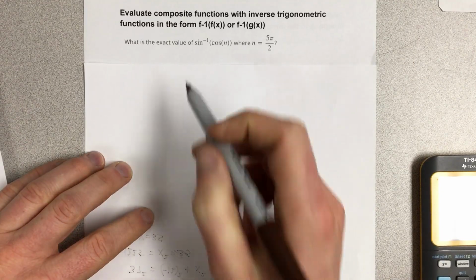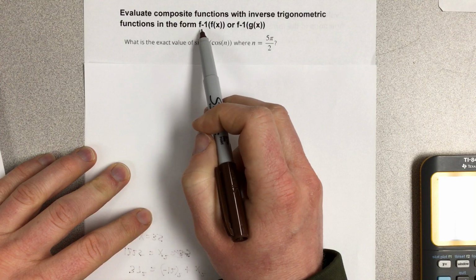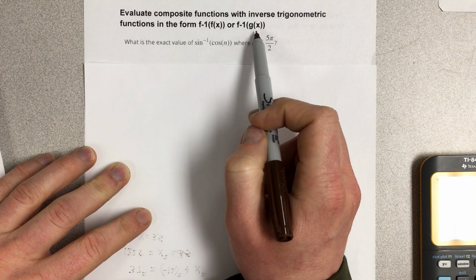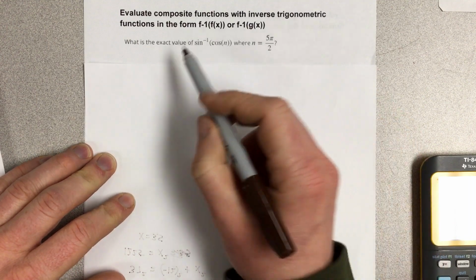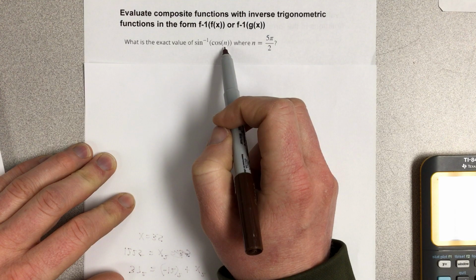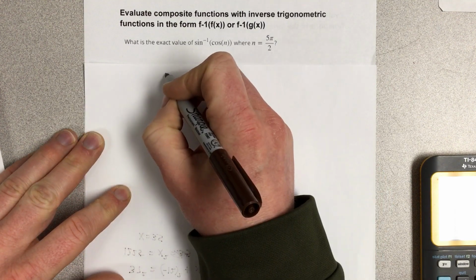In this video, we're going to evaluate composite functions with inverse trigonometric functions in the form f inverse of f of x or f inverse of g of x. It says, what is the exact value of sine inverse of cosine of n, where n is 5 pi over 2? So if I write sine inverse